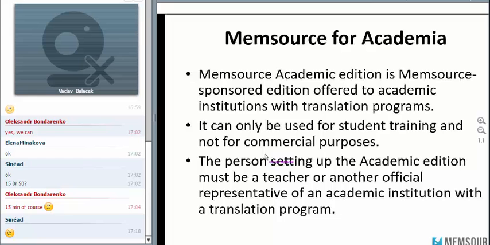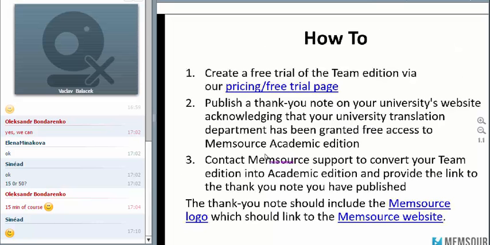because what I said about Memsource at the beginning is also true, of course, for universities. If that means that if you decide to go Memsource, actually I'll come back to this later. This is what you need to do if you want to start using Memsource in your classes. You just go to a web page from which you set up a free trial, which will take you 2 minutes. You just fill in a form